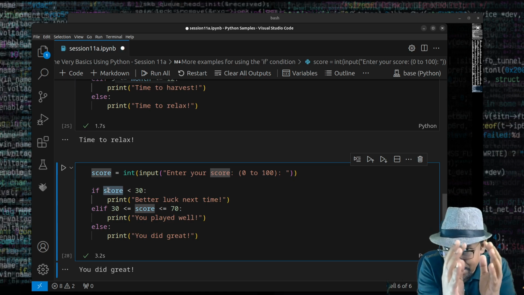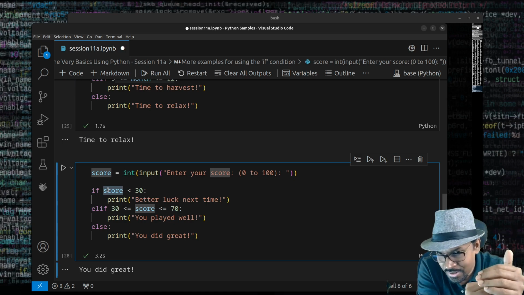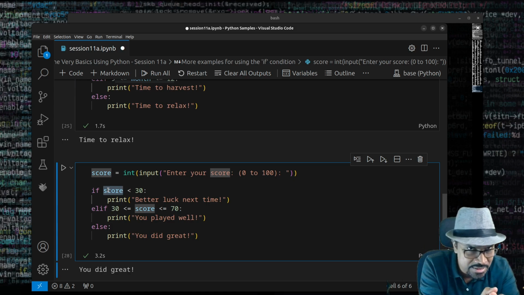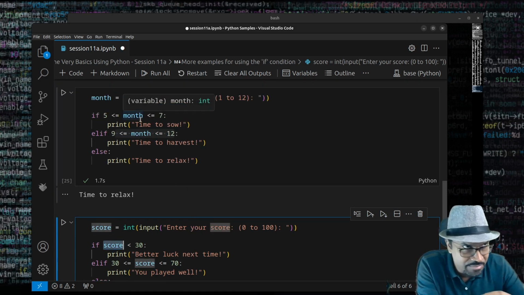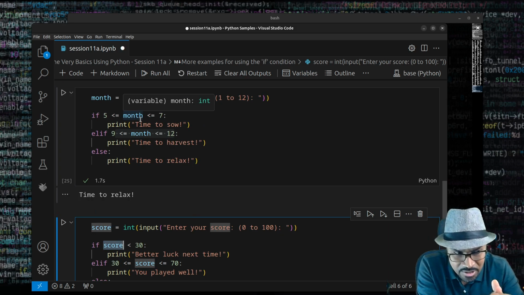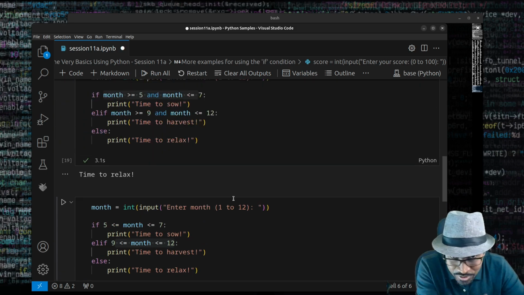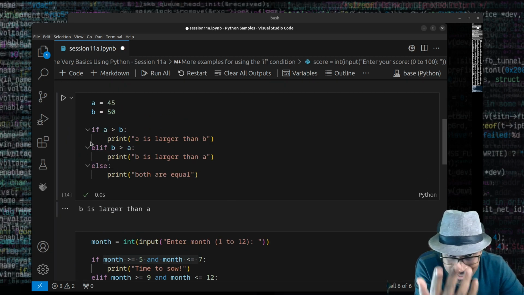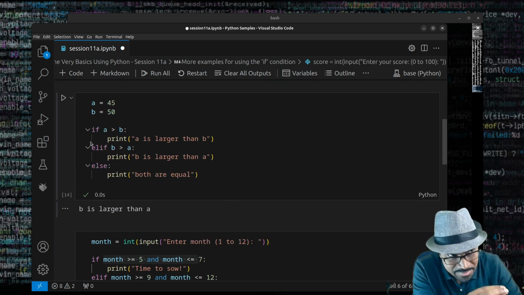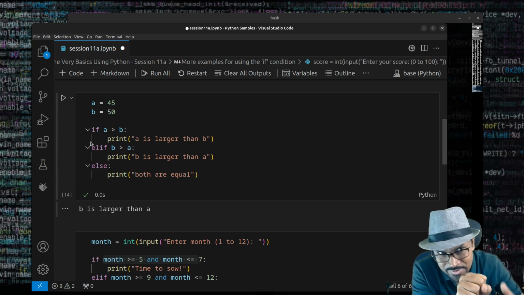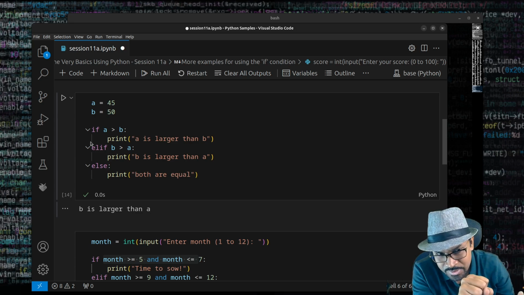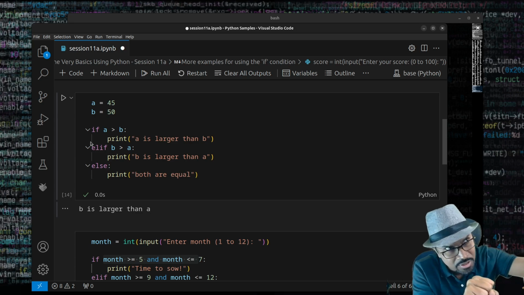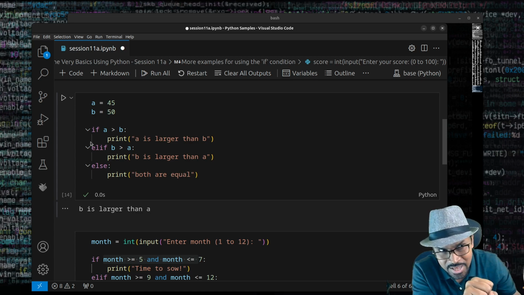Here I'm checking the same variable, right? Score less than 30, or score between this range, and so on. Or in the other case, I've checked for the month in particular given ranges. Or in the earlier ones, age. In this case, it's A and B, right? A greater than B, less than B. I'm checking A against different possible values. Is it greater than B? Is it equal to B? Is it less than B? So one variable against different possible values is like I'm matching a variable for all these possible conditions and performing